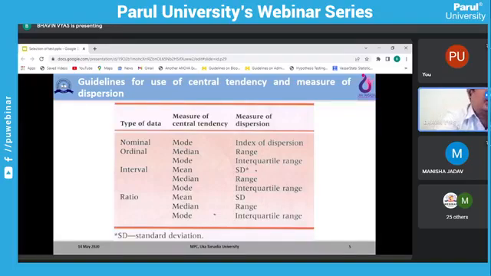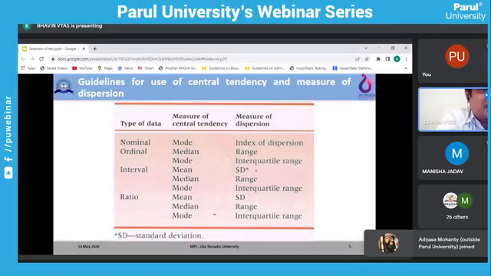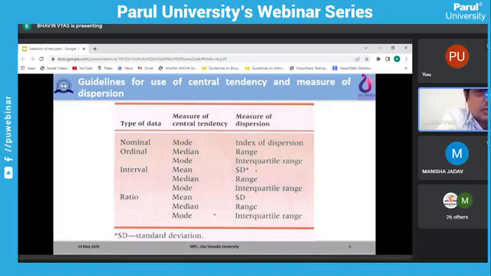If we have collected data where I can have an order, I can present that data in the form of median or in the form of mode. Mode is nothing but the most frequent value which is coming in your data. Median is nothing but the middle value in your data. If you arrange that from low to high, the middle one is known as the median. Mode is the most frequent one. If you have 10 data where the number 5 is coming more frequently, then I can say the mode is 5.